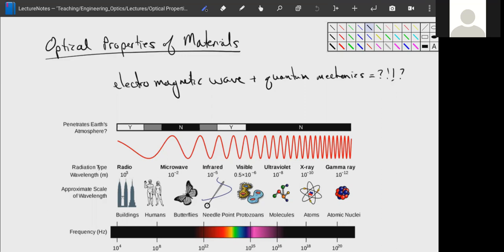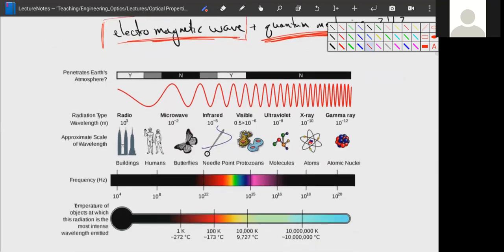And the hard thing about optics, really, in the end, besides how complex it can get, is the fact that the behavior of light is explained through electromagnetic waves and also through quantum mechanics. It's also a discrete object, right? It's a wave-particle duality. For the start of this, though, optical properties of materials, we can normally just talk about the electromagnetic wave part of it. And so we know that